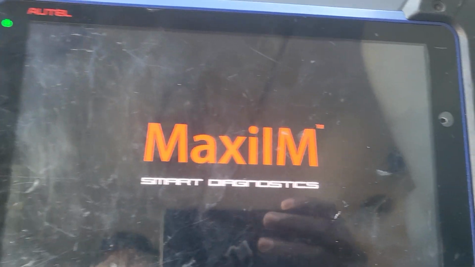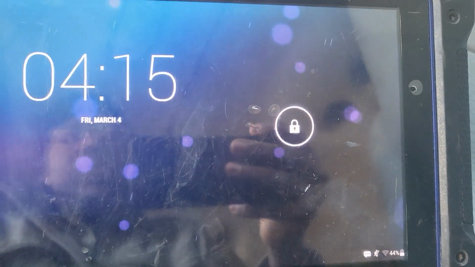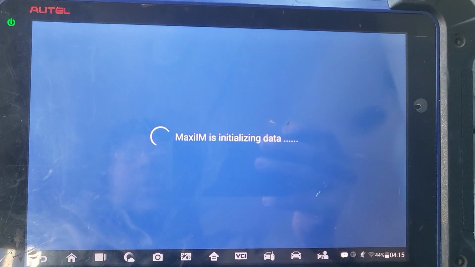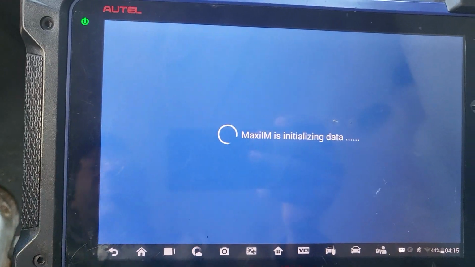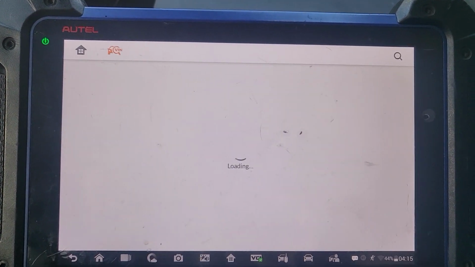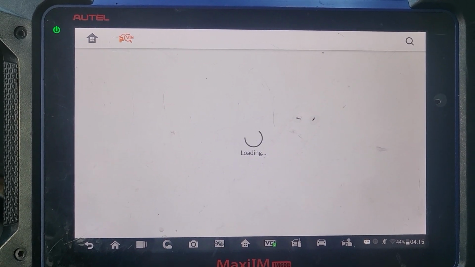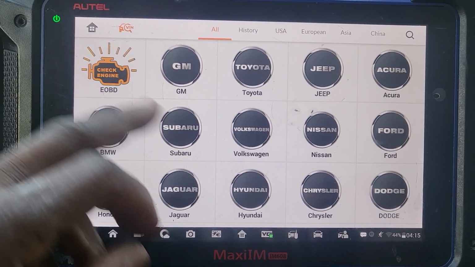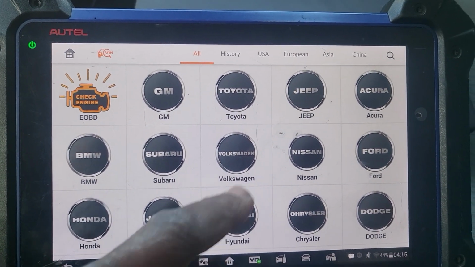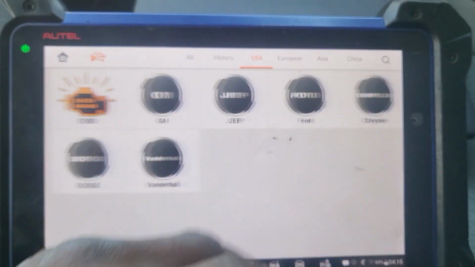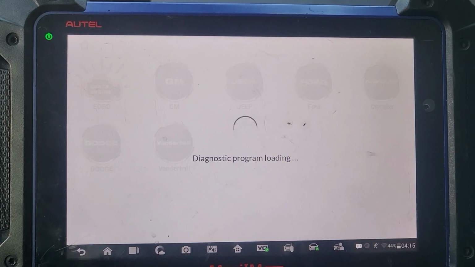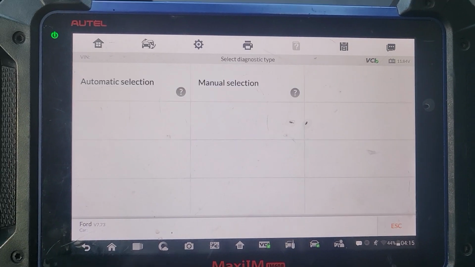I will take this one now, and we need to see if we will be able to communicate with this car correctly. If we are able to communicate, it will look for all modules and give us a code. For example, I'm going to go to diagnose, and sometimes when you have more than one tool, it will help you. I don't want to go by VIN because you may not get the VIN number here, but go by Asia US car, and then go to Ford,